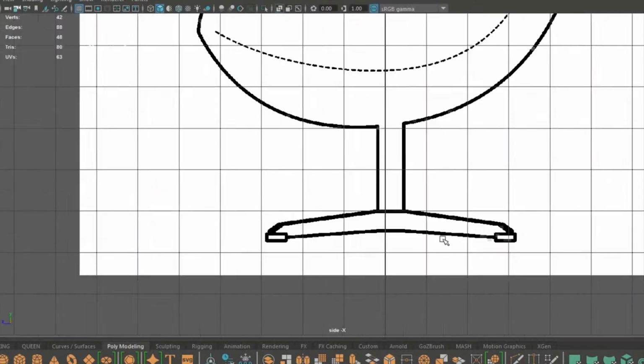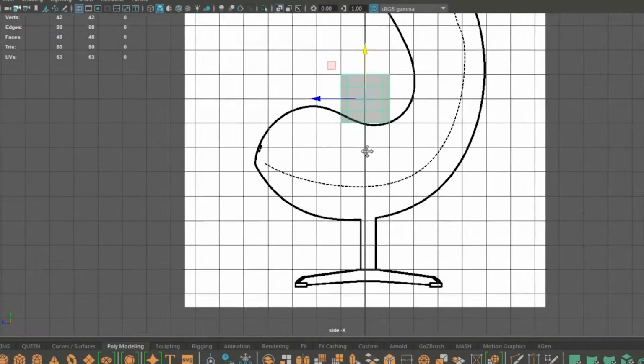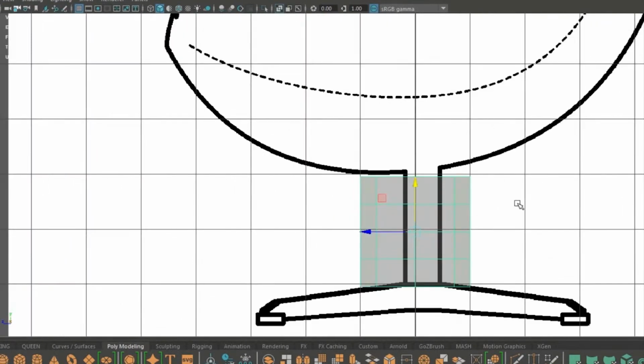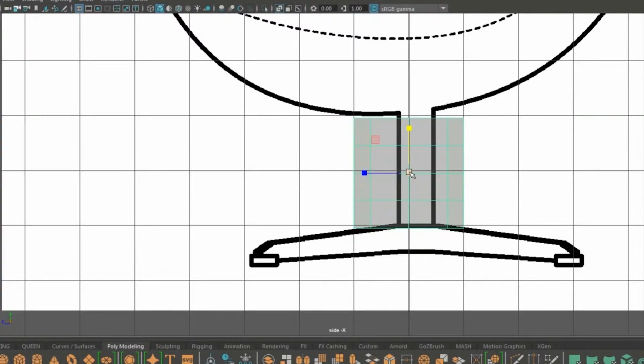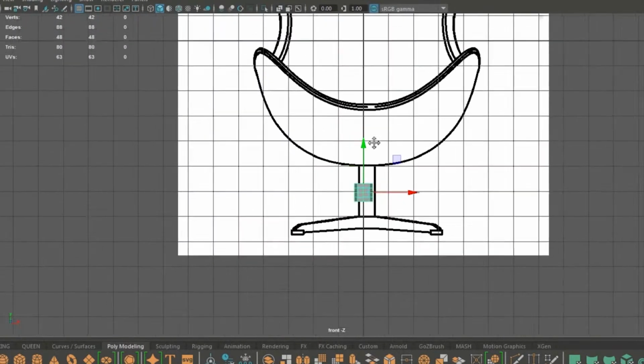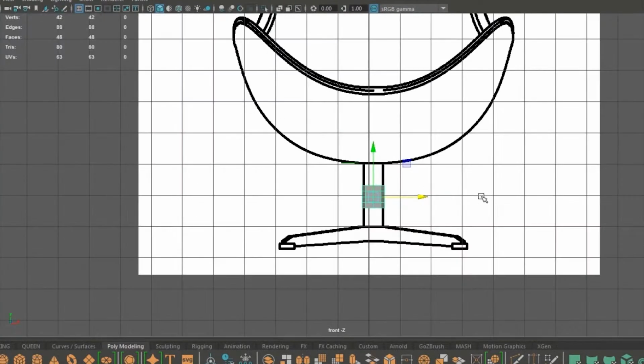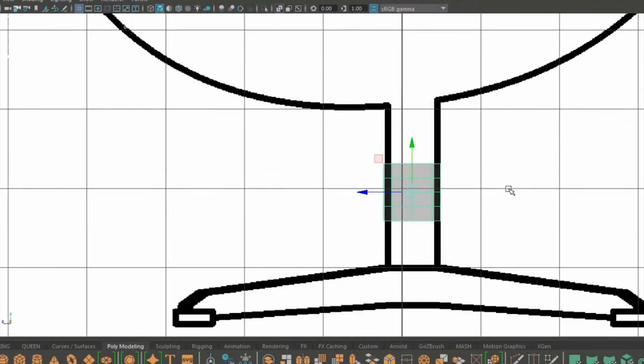And now I'm gonna switch the view so that I can look at it from sideways and adjust where I want to put my cylinder so I can make the legs of the chair. So now I'm just gonna use the move tool and scale tool to make sure that my polygon cylinder fits my reference image perfectly. I'm just gonna fast forward this,